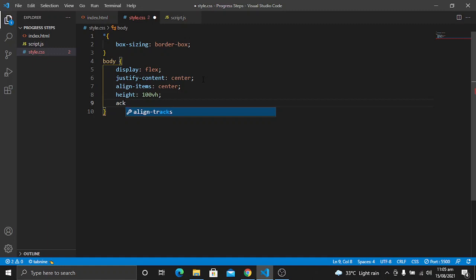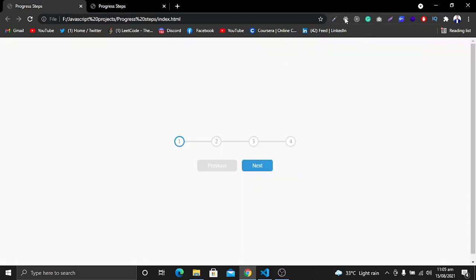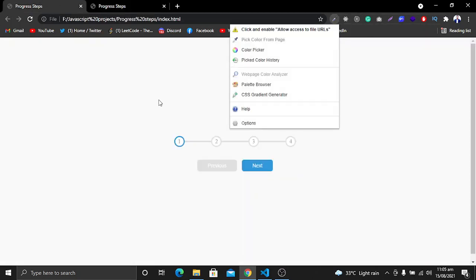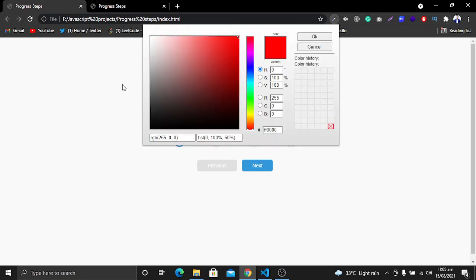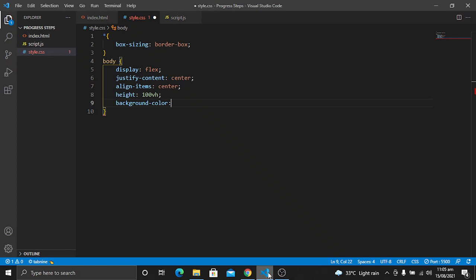Background color, you can use any of the colors. So what I will do is I will give it something like, so I have a color picker and I will copy the color from here. The color I am using for background, so for some reason it's not working, so just give it something like gray color